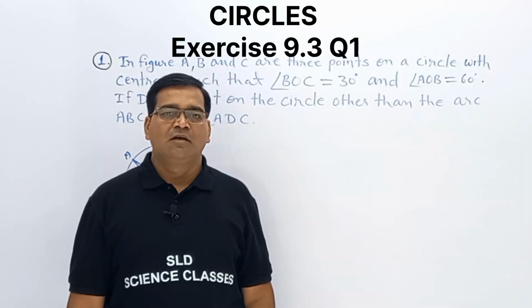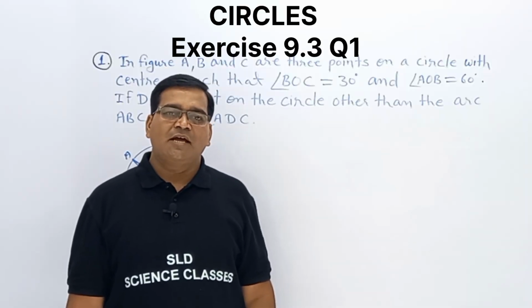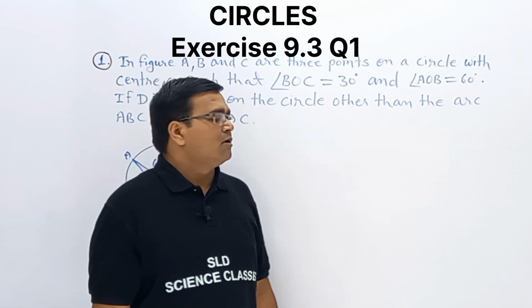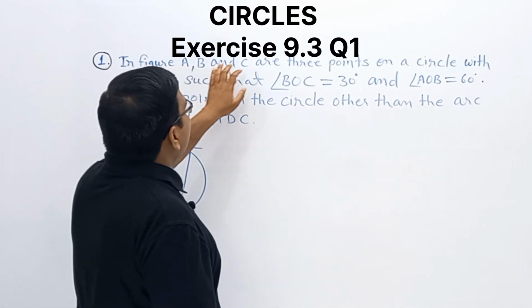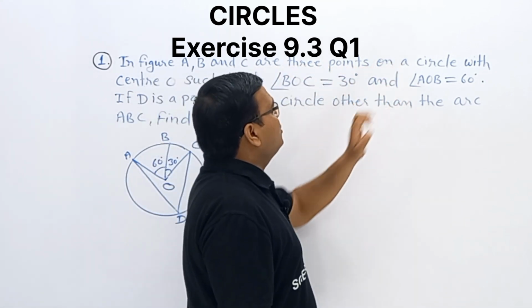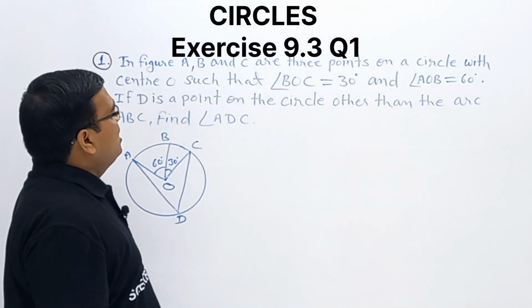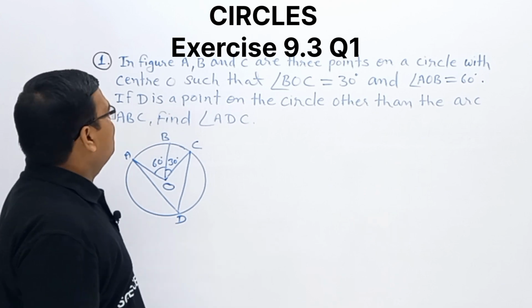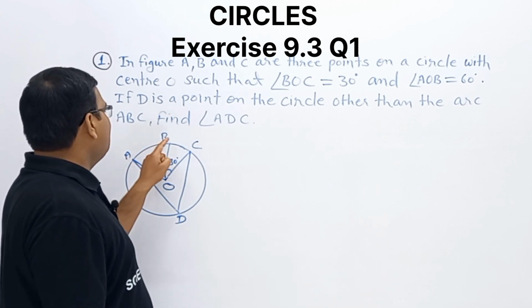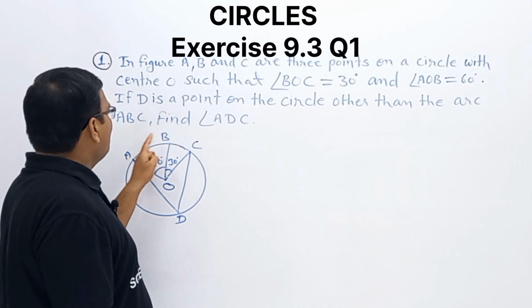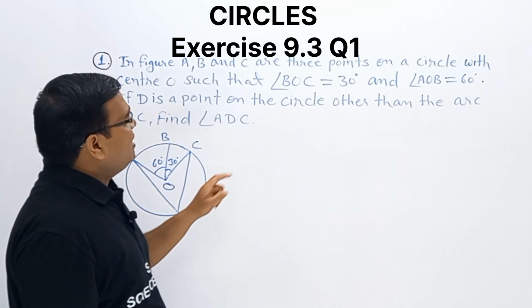In this class, we are going to discuss question number 1, exercise 9.3, circle. Observe this question. In the figure, A, B and C are 3 points on a circle with center O, such that angle